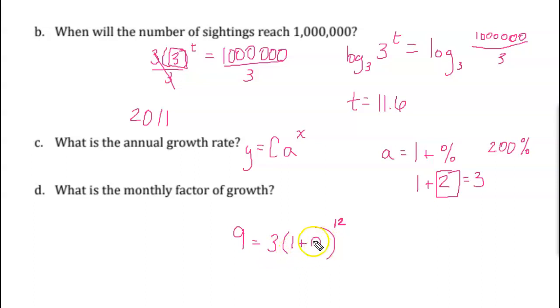So if I started with 3, and then I had some monthly growth rate, that's what this is, and then we want it to end up tripling. So we can divide by 3 and say, okay, 3 is equal to 1 plus whatever that growth rate is to the 12th power. And if you remember, if we want to get rid of a power, we are either going to have to take its root, or you could do a fraction exponent and take it to the 1/12th power, its reciprocal power. So I can take that to the 1/12th power. And when I do that, I get that n is approximately